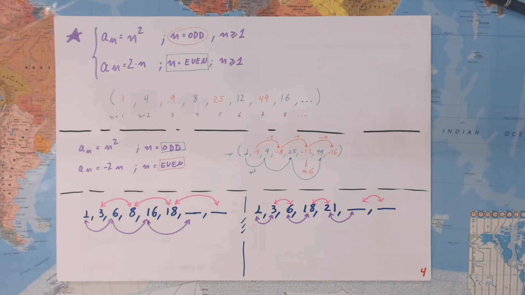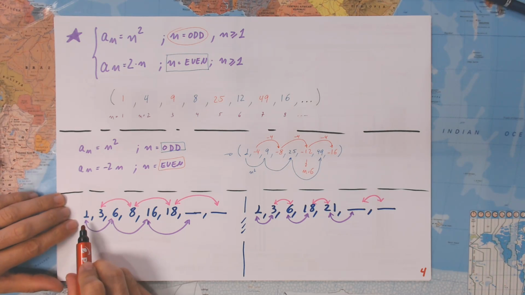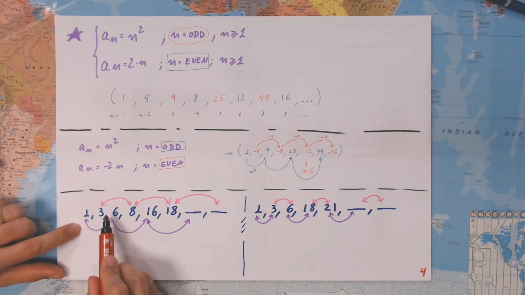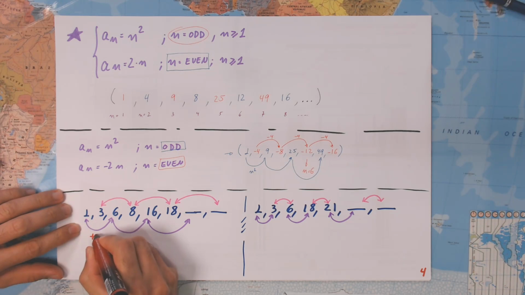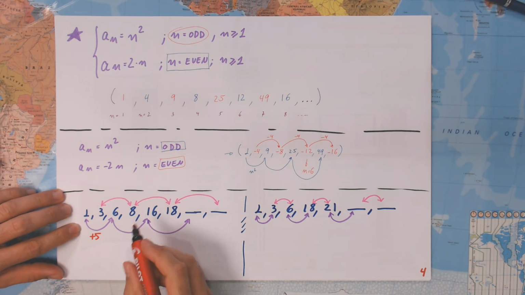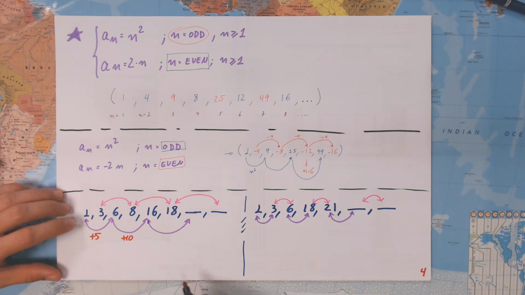Okay, not easy. What did you get? Well, let me just give you the answer. Not the answer, let's just solve it. Let's take the red one. Okay, what is it going to be? What is it from here to here? Plus 5, plus 10,